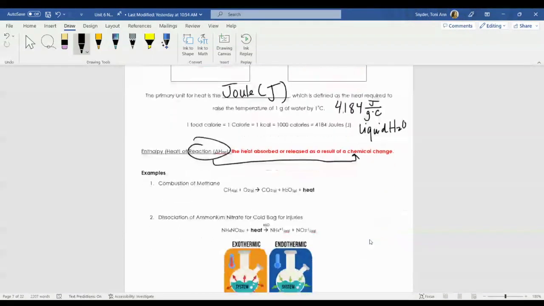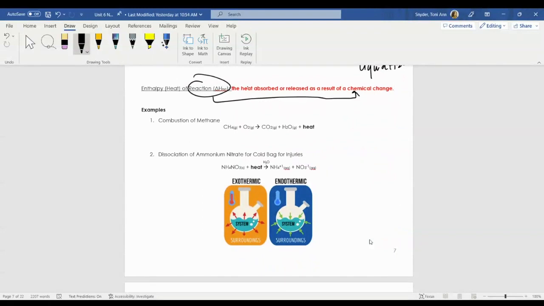So for example, we're not going to use any quantitative values yet, but let's go ahead and look at some examples. So the combustion of methane. So if I take CH4, which is methane, and I react that with oxygen, I get carbon dioxide and I get water vapor, but of course I get heat from here as well. So this particular example would be an exothermic reaction, which we've talked about already. Because this is an exothermic reaction, we know that your delta H would be negative because this is releasing heat